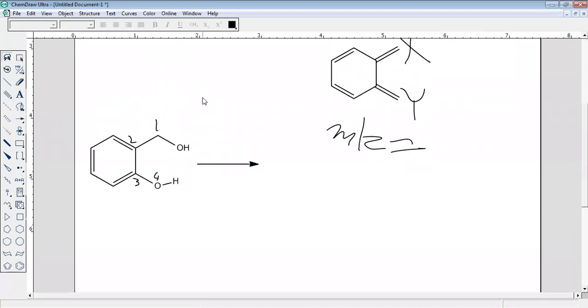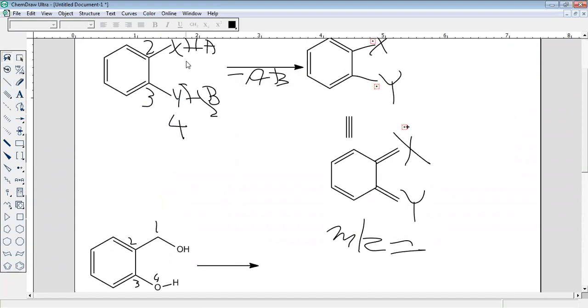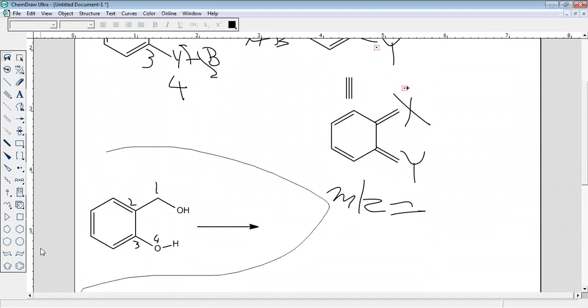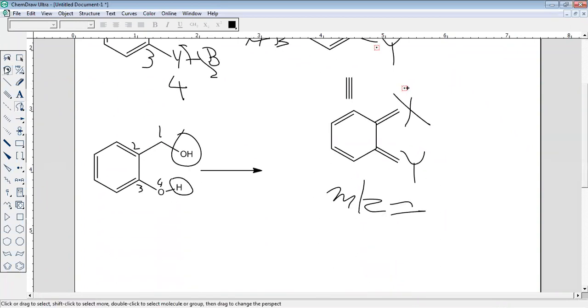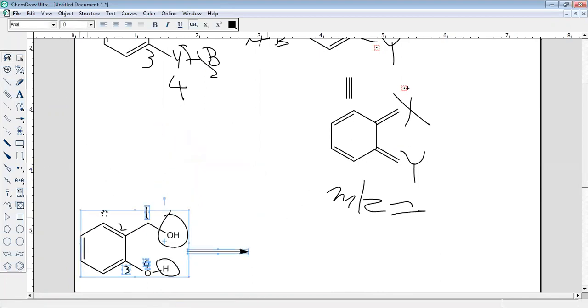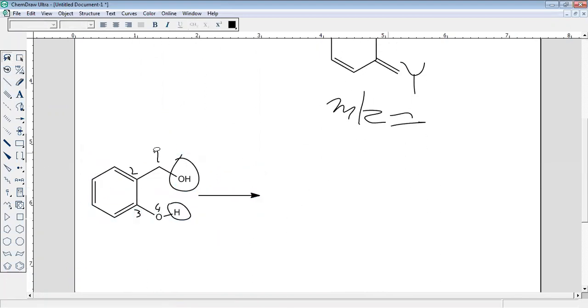So you correlate this with this. You see, there is a breakage of bond between number 1 and this atom. This bond is going to break. So this OH is going to lose, and from this side H is going to lose, isn't it? Yes. When you perform the electron impact or mass analysis, what will you get?